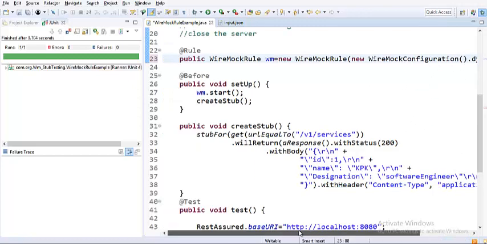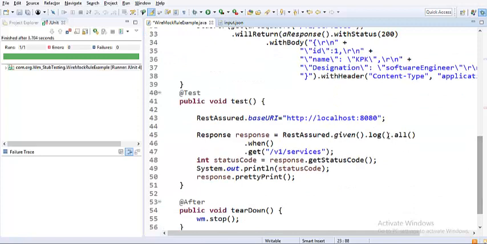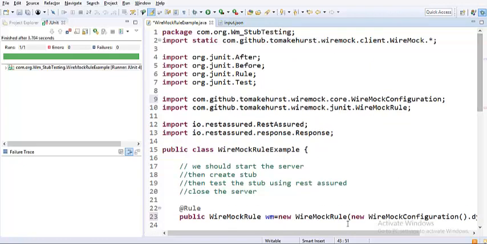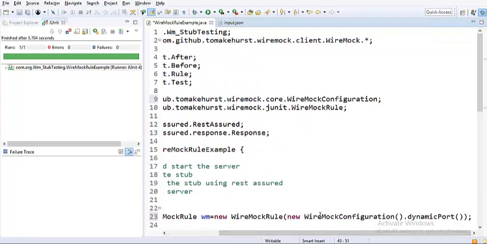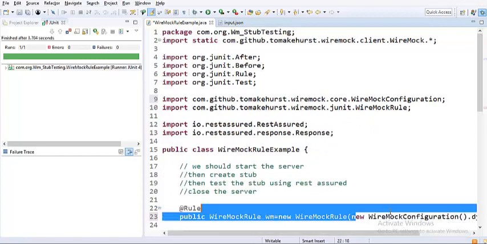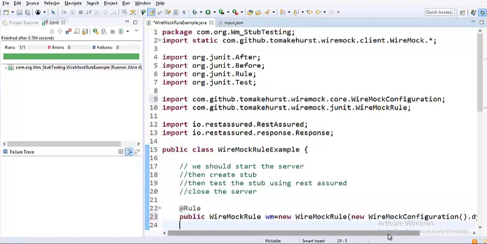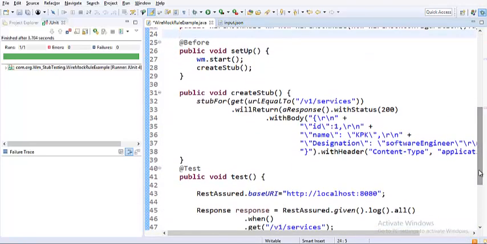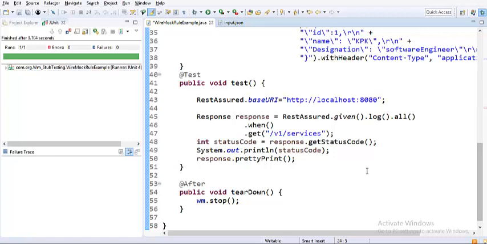So you can see that particular WireMock is started on various ports. So far we have learned that it is running on one specific port number. It could be 8080 or 8081 as per our choice, but the moment you use WireMock configuration, there is a method called dynamicPort. When you call this method, every time a WireMock instance is created, it ensures it starts on a new port number. That's how we can have greater efficiency as well.